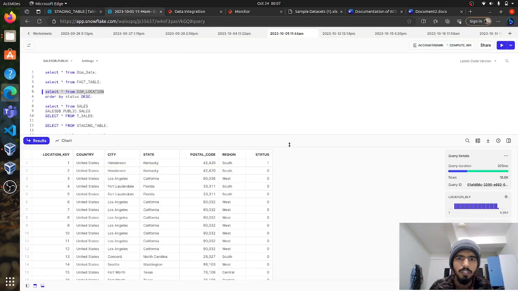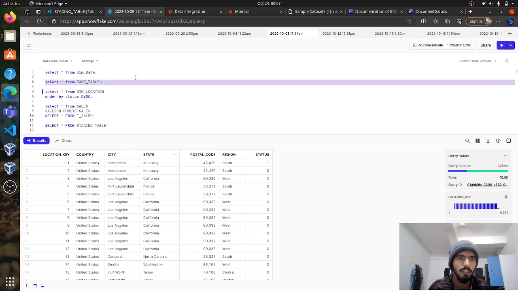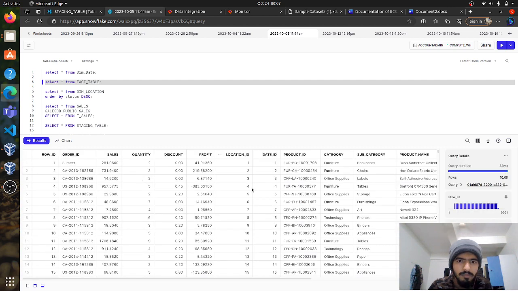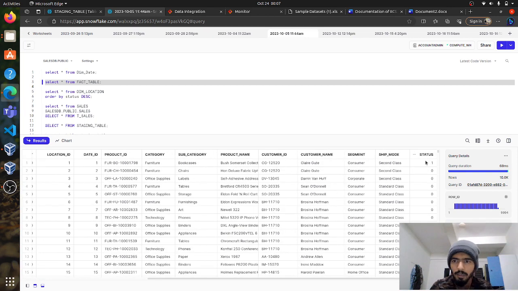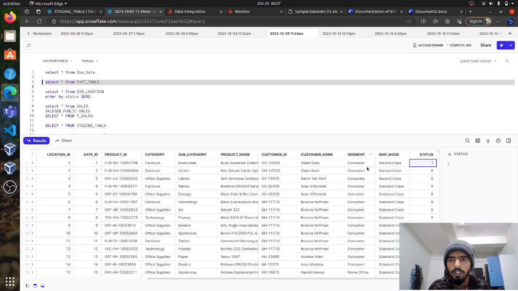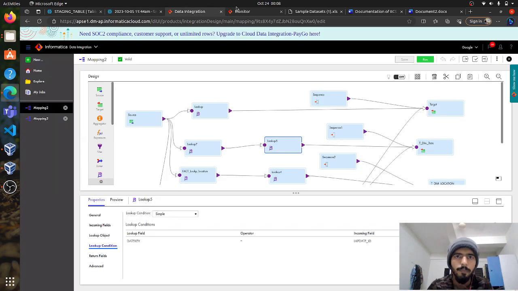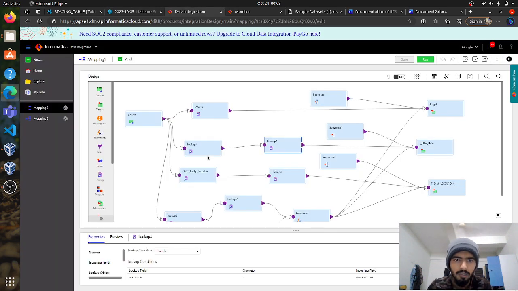Yeah, here you can see this is a fact table. So here I have order ID Sumit. I know it's wrong, but here as you can see the status is 1. Don't worry, I will explain all this, what the status is, why I have used it, and what these values 1 and 0 are. So let's go back. These are the two lookups, this and this, and also this and this. This looks into the target table, and this looks into the location table.